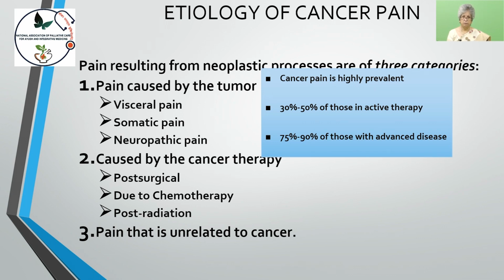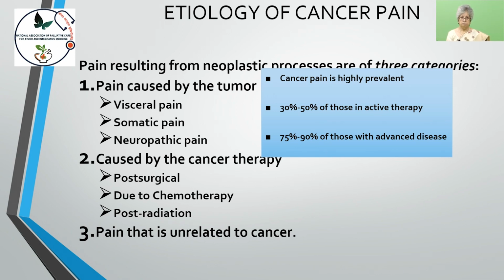Cancer treatment itself can cause pain. A patient undergoing surgery for cancer can have post-operative pain. If the patient is on chemotherapy, some of the chemotherapy drugs give pain. If he is undergoing radiation, that is radiotherapy, he can have pain. So, cancer treatment itself is also painful,